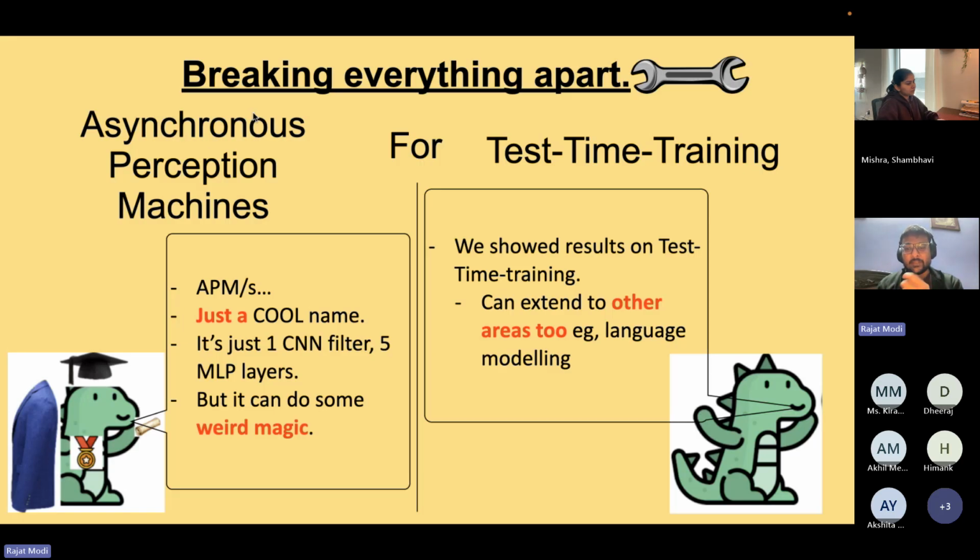And obviously that's a computer vision task. You can extend the ideas to other areas also, language modeling and other things. So the key argument being that transformers initially worked for translation and then they came to computer vision. We have done computer vision directly, so it stands to reason that you can use it for language also.